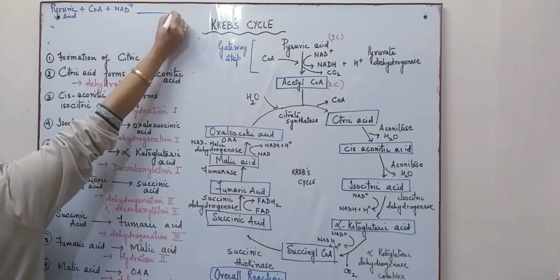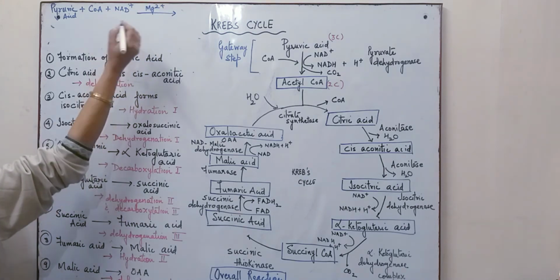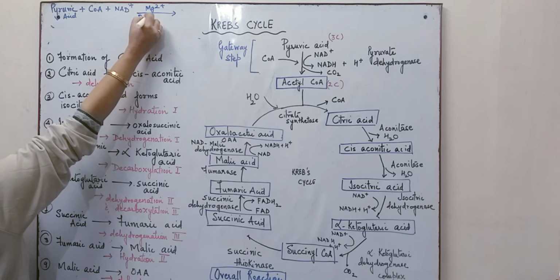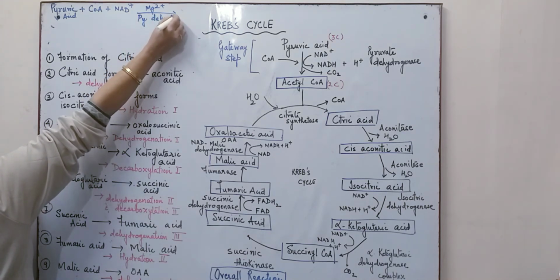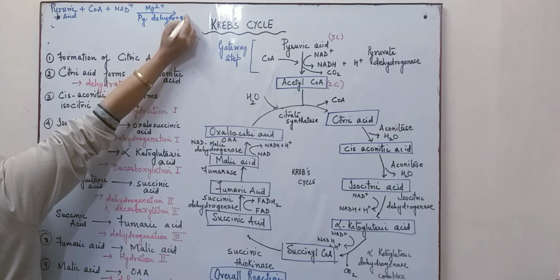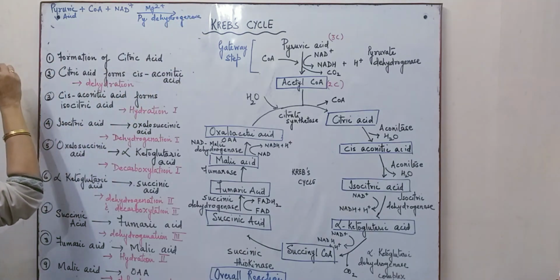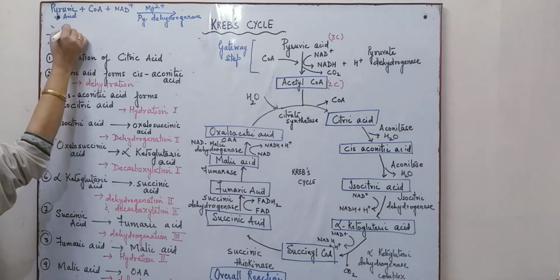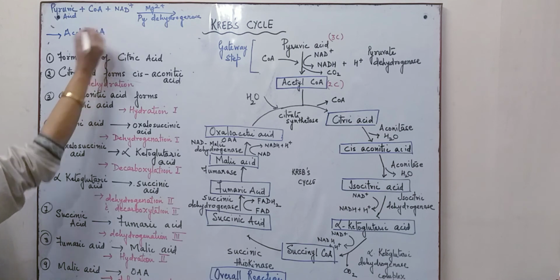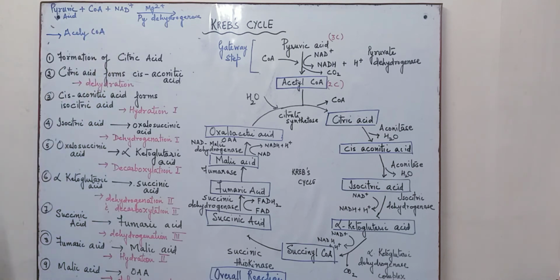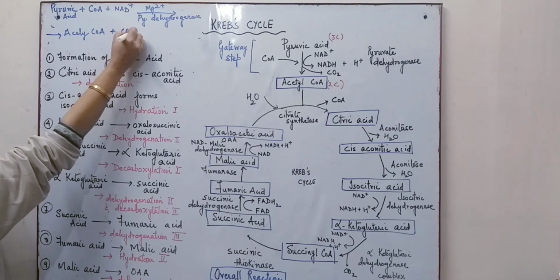In the presence of magnesium ions and the enzyme pyruvate dehydrogenase, it forms acetyl coenzyme A, that is required, plus carbon dioxide is formed,